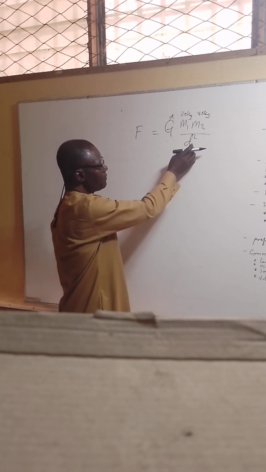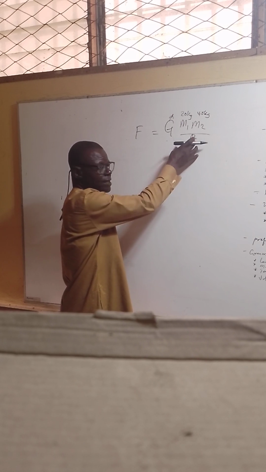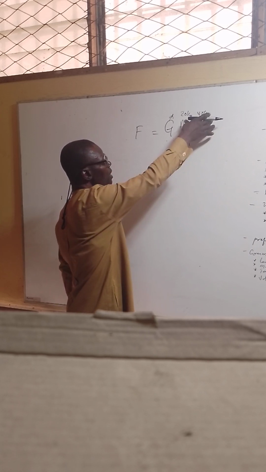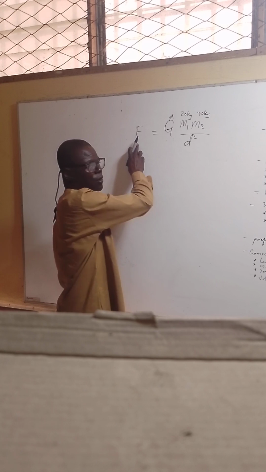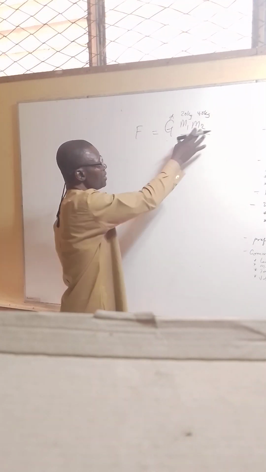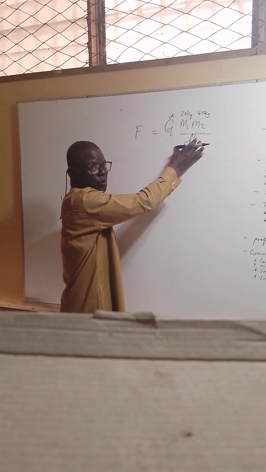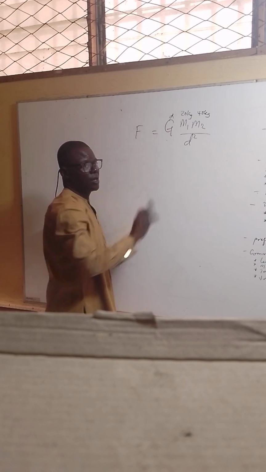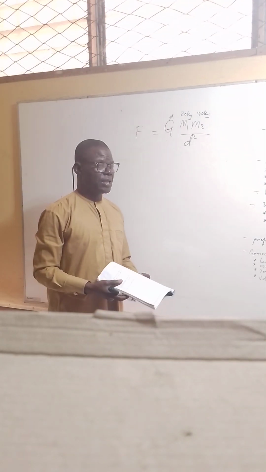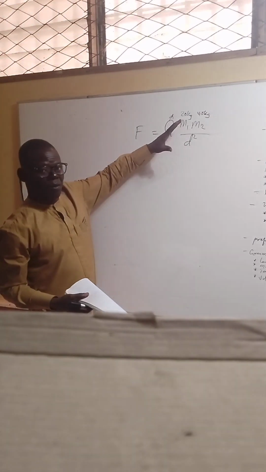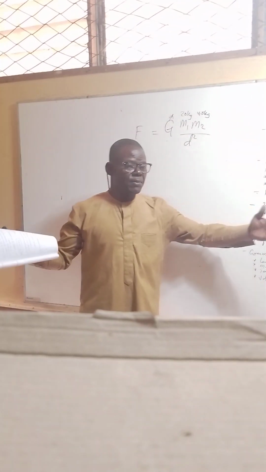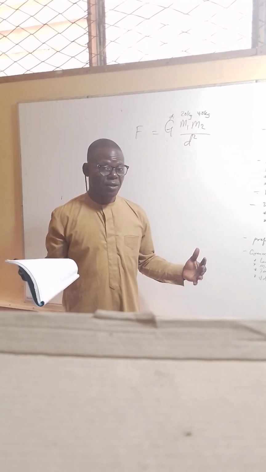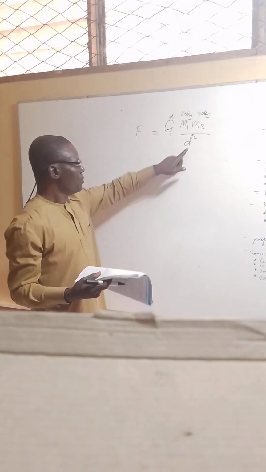Now, you see that if the distance between them is large, being the denominator, by the time you square the distance, it will make the value of F very small. But if the two bodies are so close to one another, when you square the distance, you see that the force here will be larger. It shows that for two bodies lying side by side, very close, the force between them is very high. Whereas if they are far apart, it's low because of this.